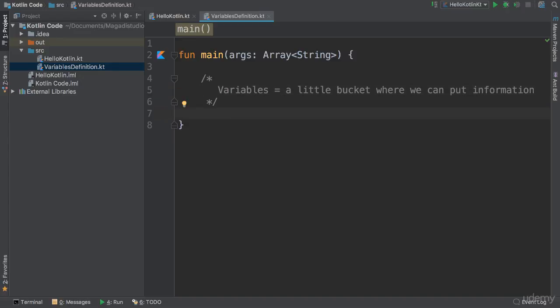How do we create a variable? The first thing we need to do in Kotlin, we say var. That's the keyword we need to use to start a variable. So again, var, and we have to give it a name, right? Because we need to give it a name that we can then use to get the value that we have added to it. So we're going to say, for instance, name, okay? And we're going to say equals